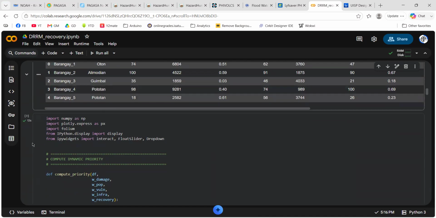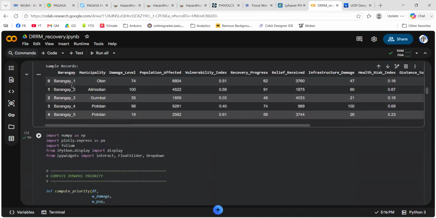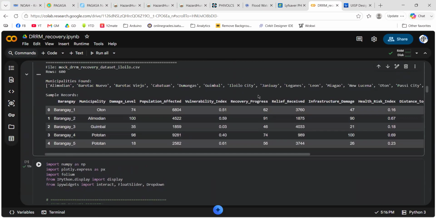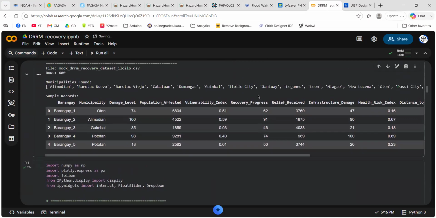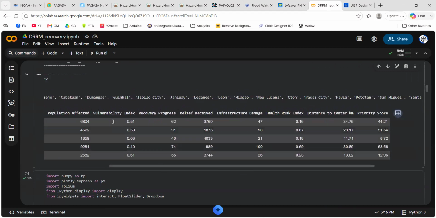Basically the data set shows the different areas or communities that need some assistance for disaster recovery and rehabilitation. Each of them has this information tabulated in this data set, and each of them has a corresponding priority score.